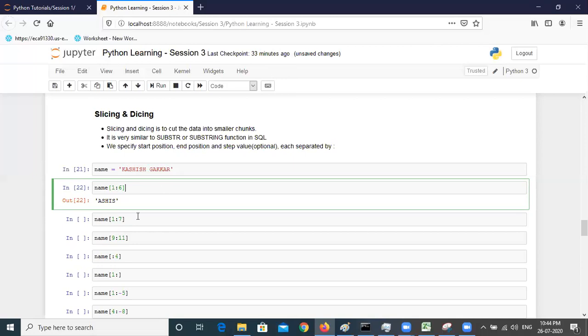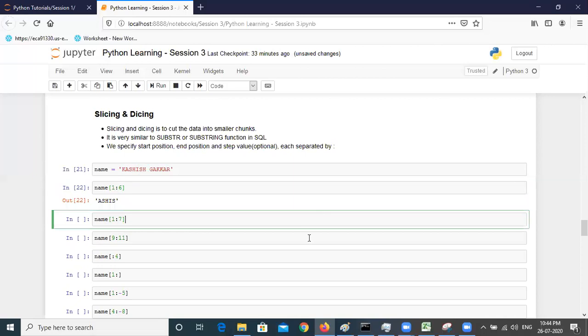Yes, Krish. All right. So I'm not going to answer the next question. You guys have to post in the chat or speak up. What would be the answer for this 1 colon 7? Because I want to interact with you guys. Till the sixth position, what would be the answer?